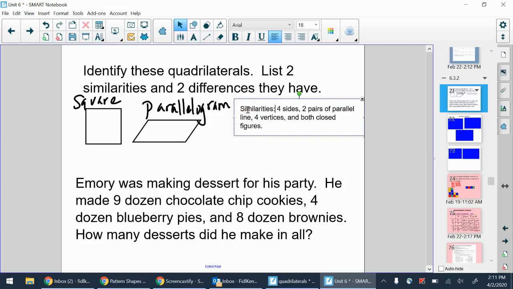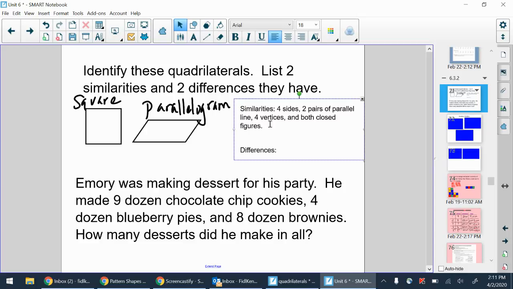Okay, so those are some similarities I found. I know I said only find 2, but I found 4, so check and see if you have 2 from that list. All right, and then for differences, I actually only really found 2 differences between the square and the